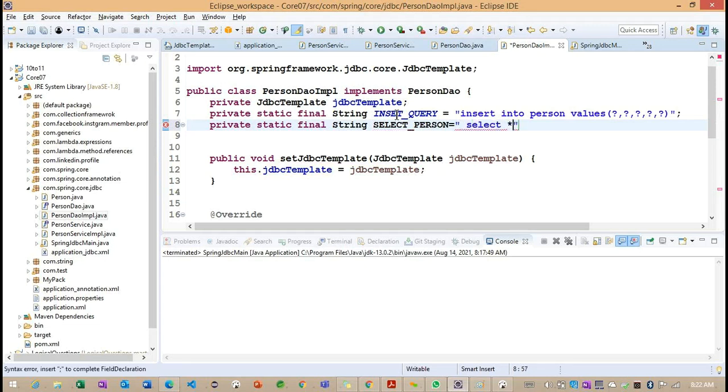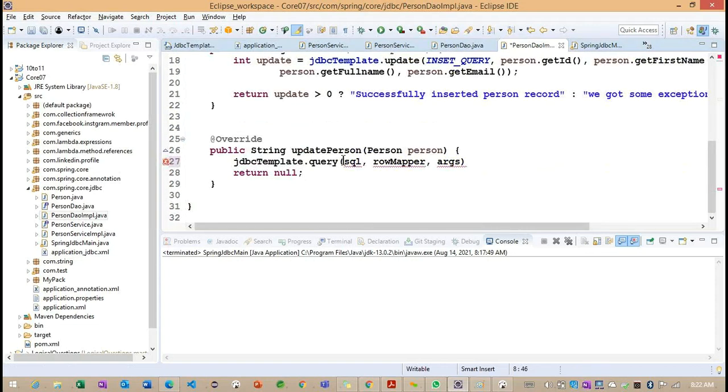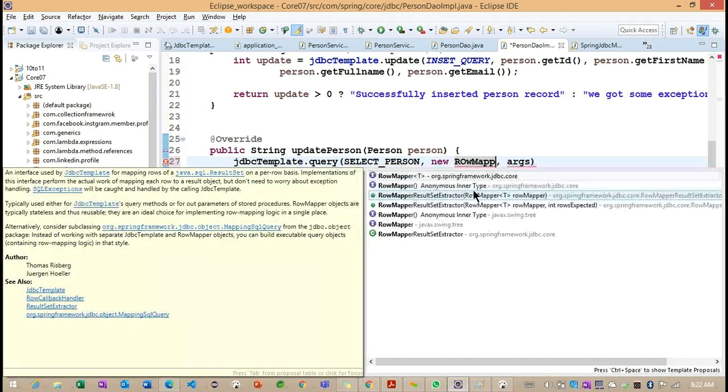Select a person, ID is equals to question mark. Okay, so this is the person query I'm going to use here. And new row mapper.